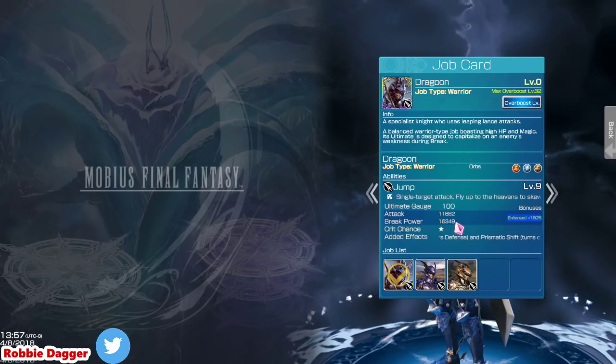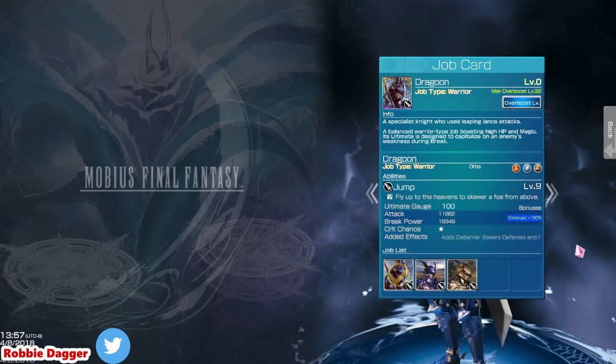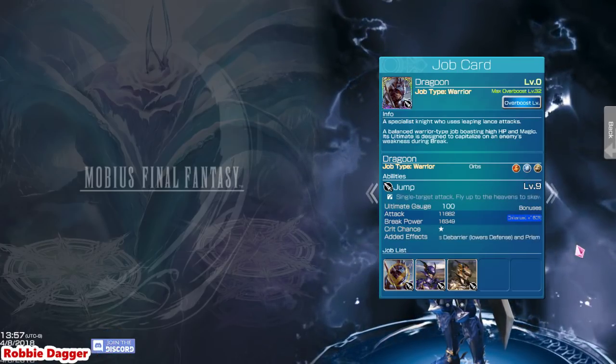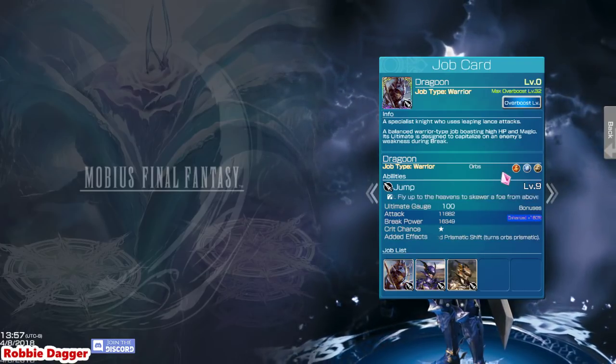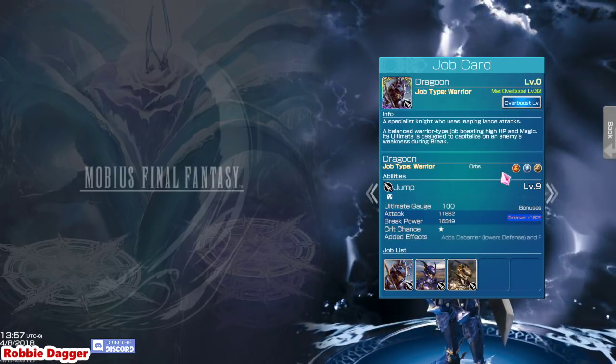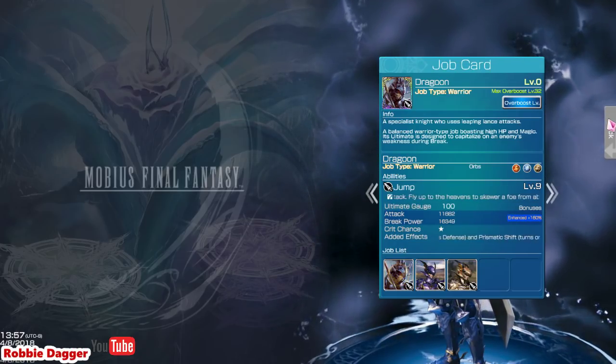Break power focused, as you can see, it's a little bit weak by today's standards. You got 11k attack power. We've got 16k break power in there. It still works wonders for breaks. And the added effects are Prism Shift, which is still very helpful, and it also debarriers, so those two things,